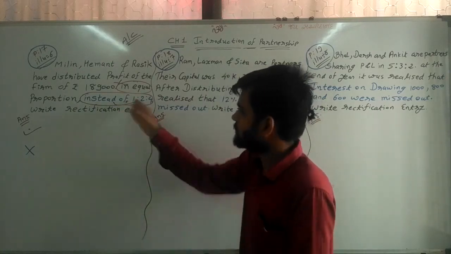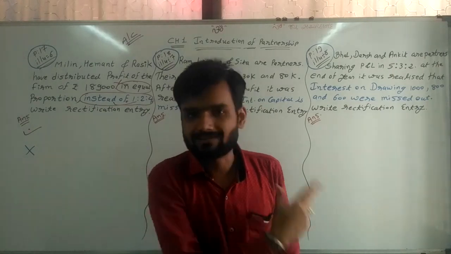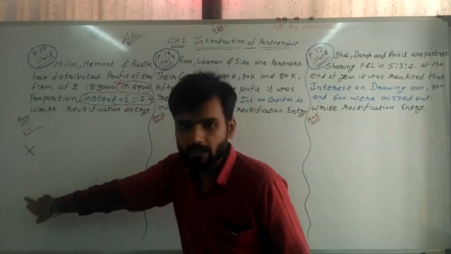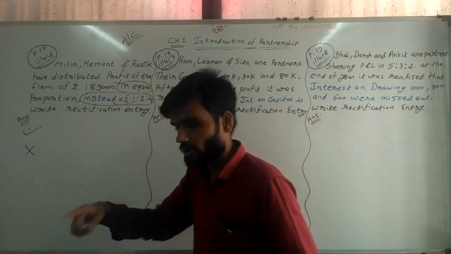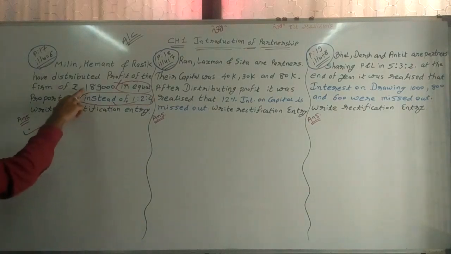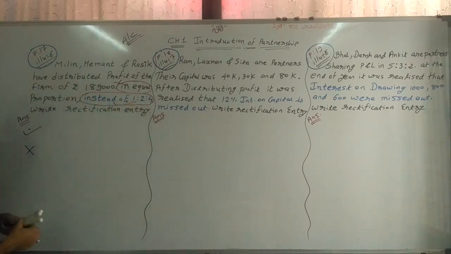Now sir, how can we distribute in 1 to 4? All of you know that. In the last lectures we have already learned how to distribute profit. Even so, I am giving you the calculation here. Now see the calculation and try to understand the whole thing. First, the 1,89,000 we need to distribute in the ratio of 1 to 4.